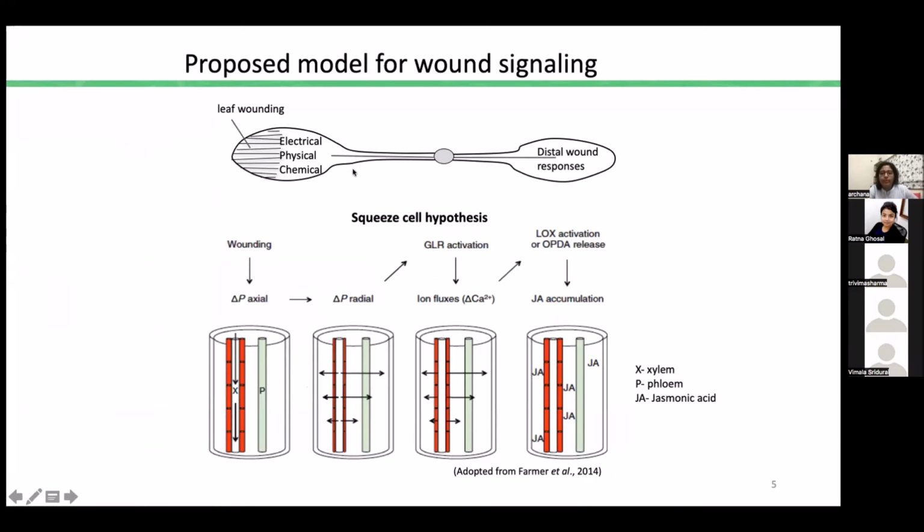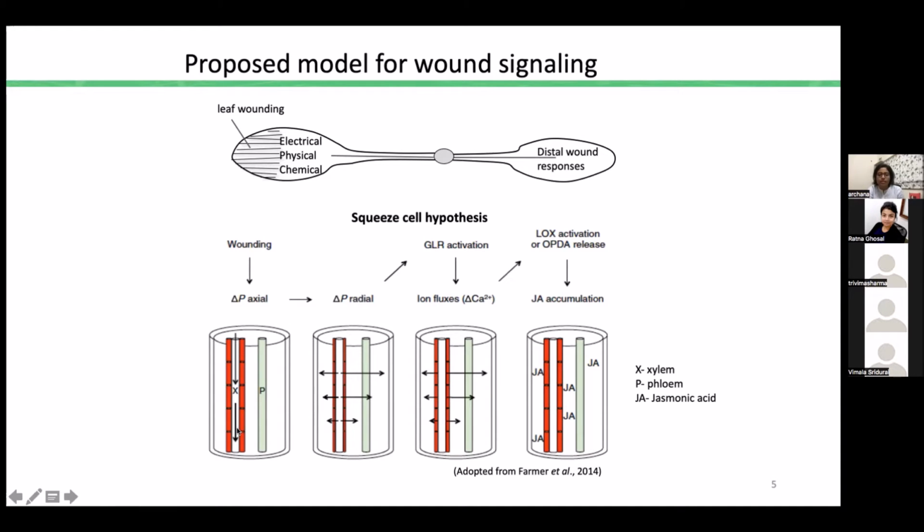So when we thought about this wound signal, we have further categorized this into electrical, physical, and chemical signals, and these signals are propagating to the distal part of the plant. So we try to understand this signal propagation with a very simple model. Here you can see that as soon as herbivore wounding happens to the local leaf,